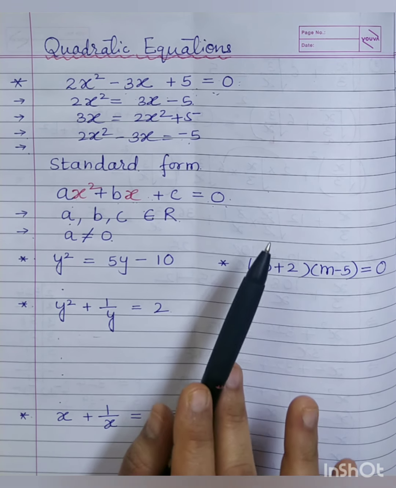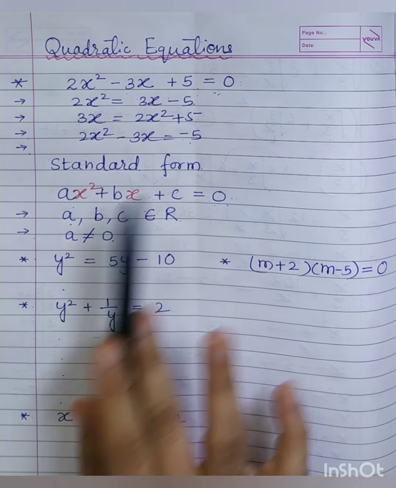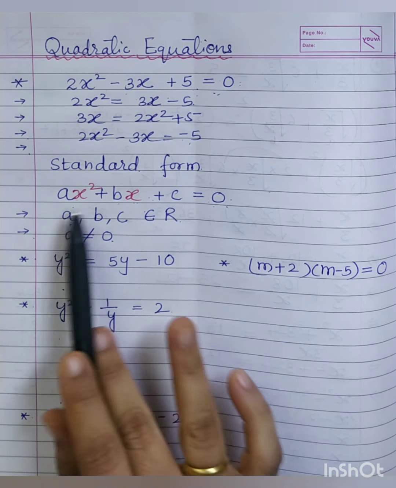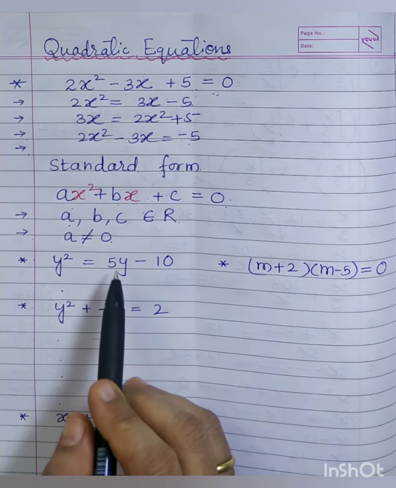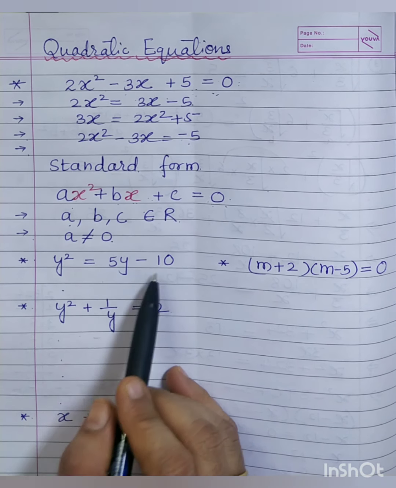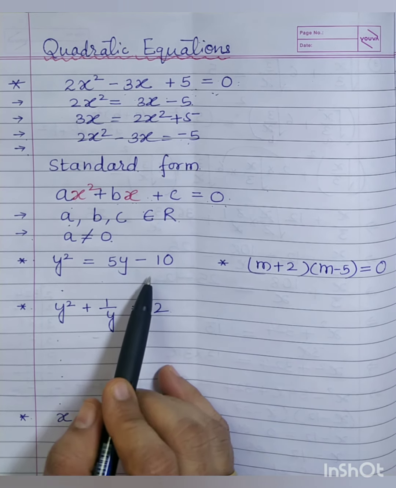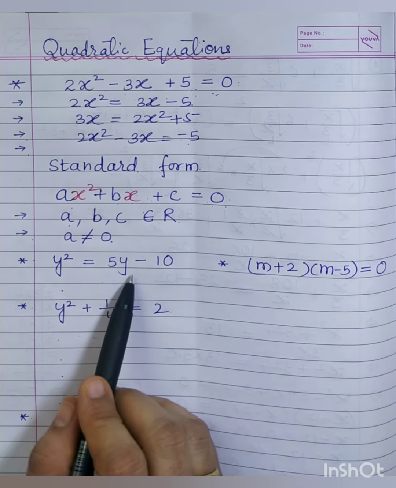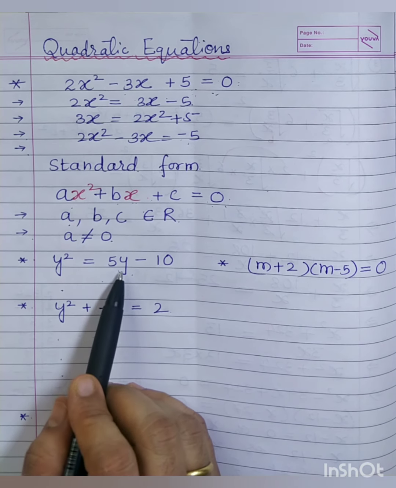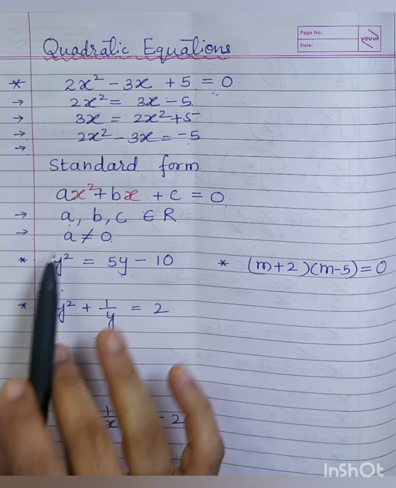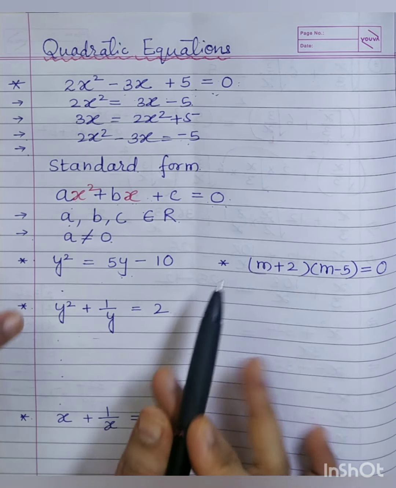So I think everybody is clear what quadratic equations are, what their standard form is and what the conditions for that are. Now let's solve some questions where we will check whether the given equations are quadratic equations or not. Here you will also understand that sometimes only by mere observation you cannot find out. You need to write it in standard form in order to confirm it. This is the important thing here.